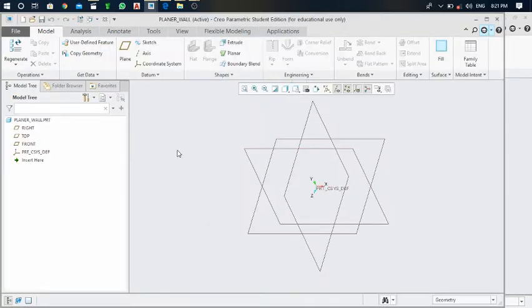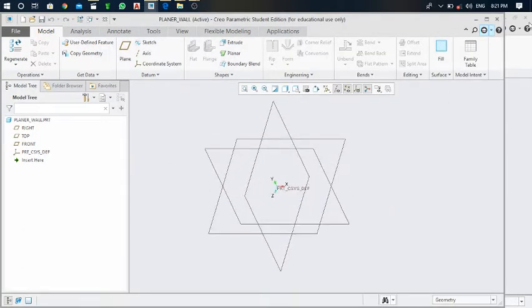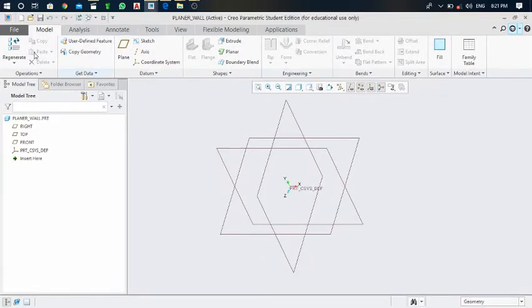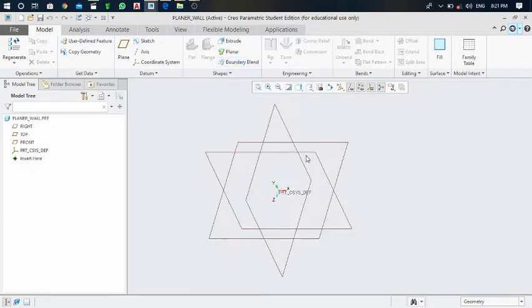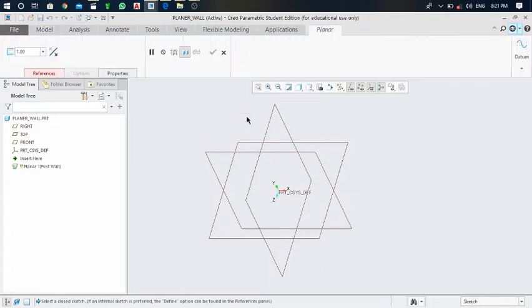Now this is the workspace or interface of the sheet metal, and this upside is called the ribbon. In this you can get all the commands. Next, here you can see the first command, planar, and we will see what the application of this is and how to use it. Okay, so click on this planar command for producing the primary wall.